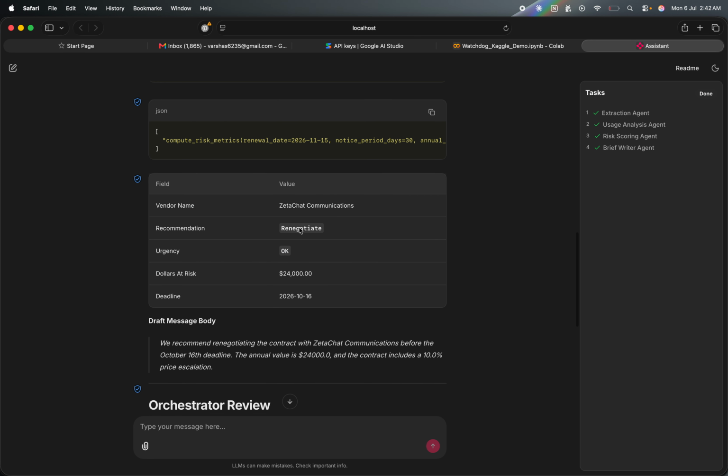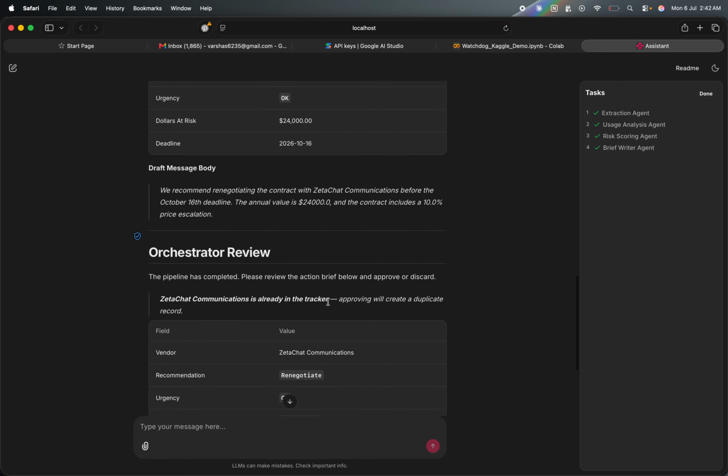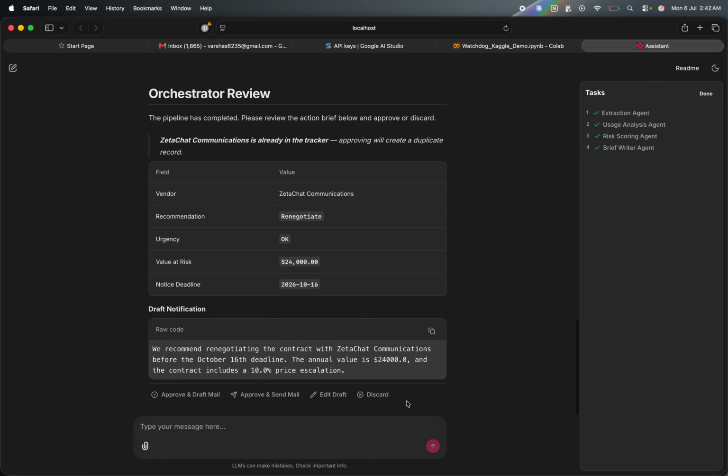So yeah, as you can see, the agents combined gave us renegotiate, and the urgency is not that much, and the dollars and the money at risk is given. So here's the fun part: draft message body. It also drafts a message to anyone that we want to send about this information, and we can either discard